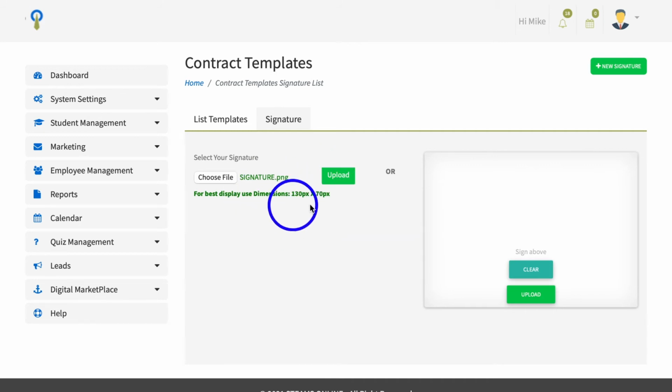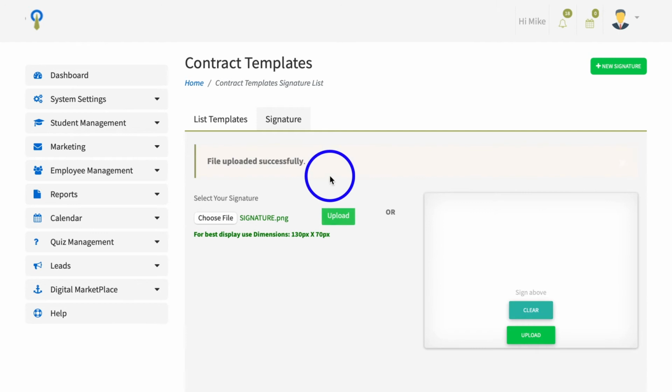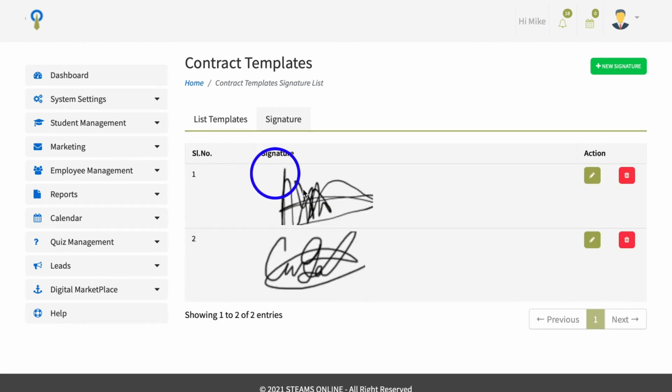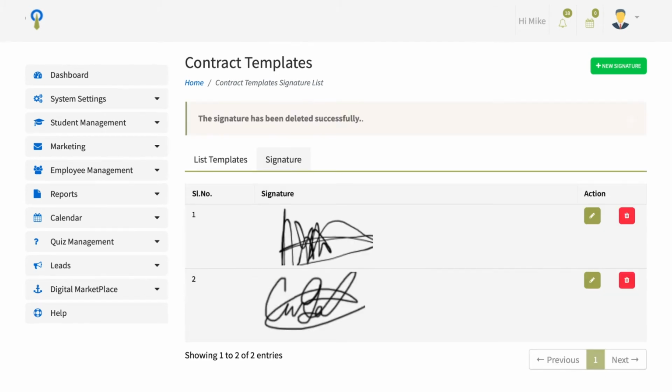Once you have that set up, you're going to click on the upload button and you will find that your file has been successfully uploaded. The system will automatically direct you into your library where you can see your new signature. If you don't have any signature image to upload, you can opt for the second choice, which is the electronic